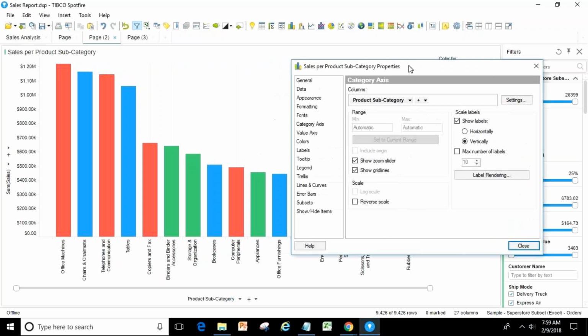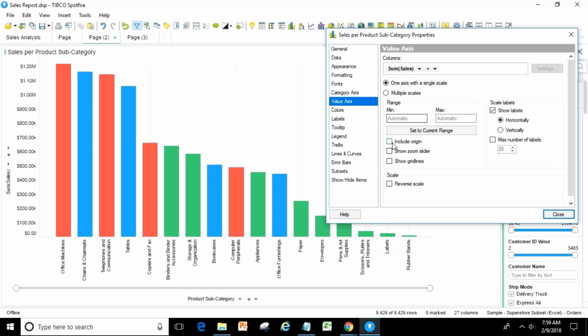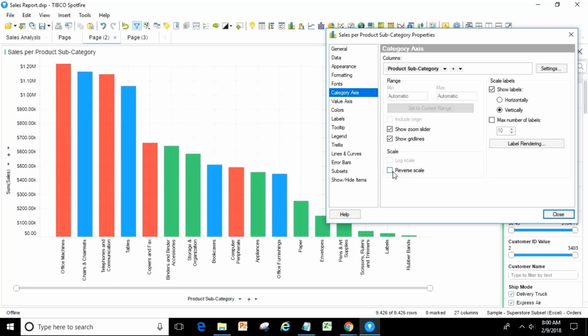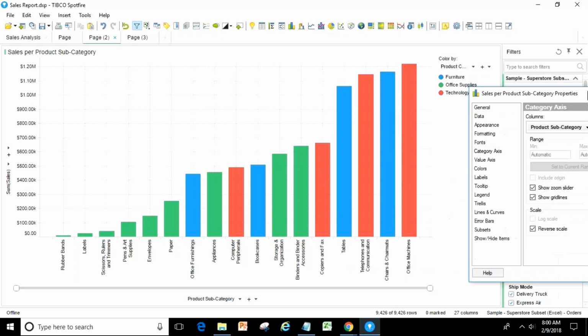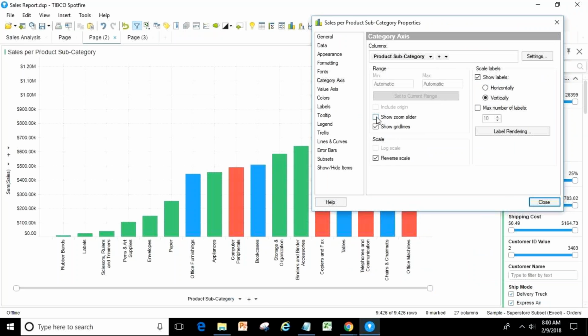Okay. Show grid lines. Grid lines are nothing but a kind of graphical table we used to see in schools. It's like this. Grid lines for X and Y axis both. So it will be coming like this, and you can see where it's falling. Okay. Reverse scale. If you say reverse scale, then it will be from least to highest. So it's the same thing, but the scale is reversed. Okay.